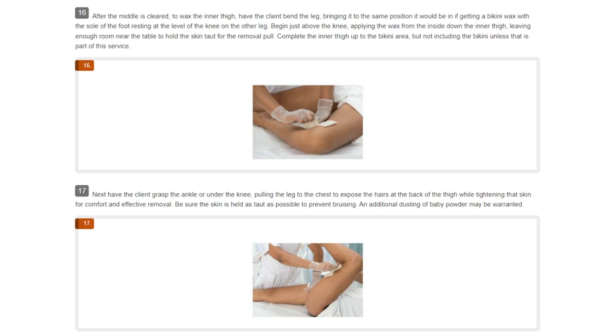Begin just above the knee, applying the wax from the inside down the inner thigh, leaving enough room near the table to hold the skin taut for the removal pull. Complete the inner thigh up to the bikini area, but not including the bikini unless that is part of this service. 17. Next have the client grasp the ankle or under the knee, pulling the leg to the chest to